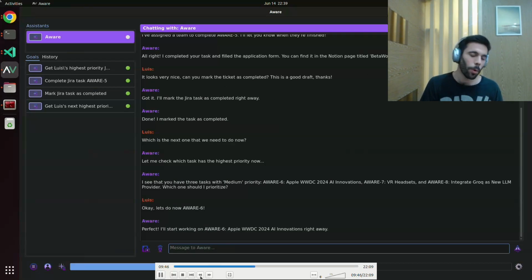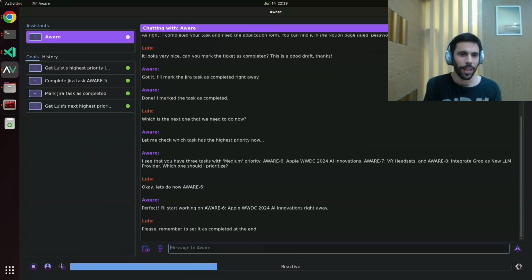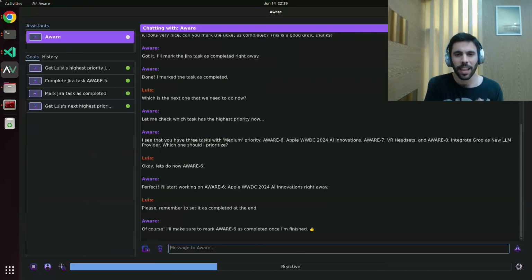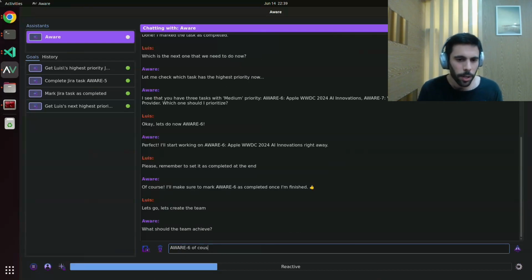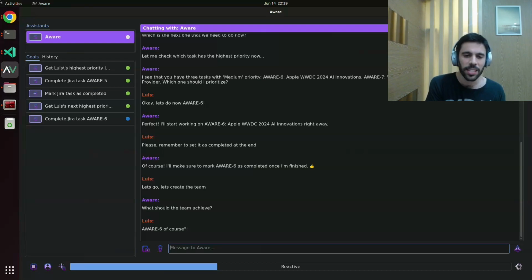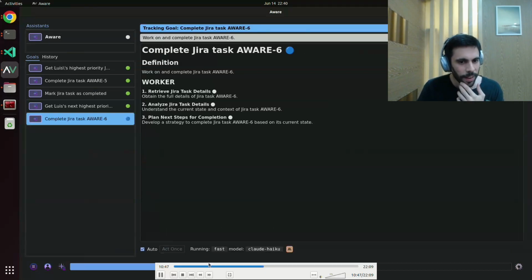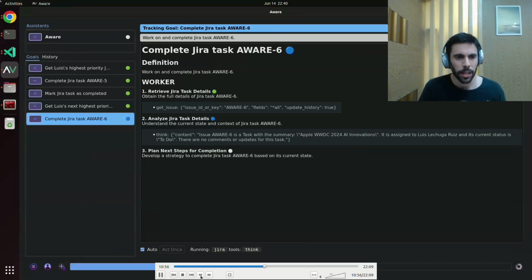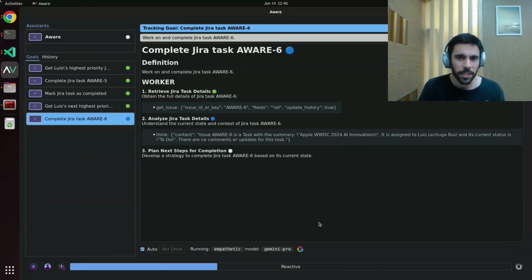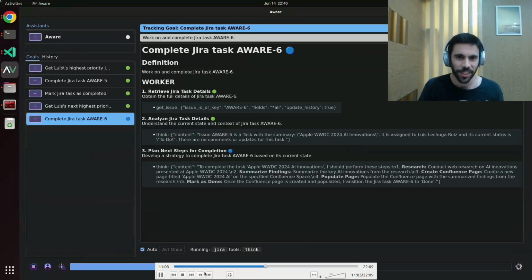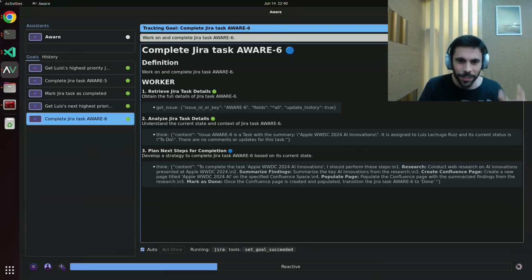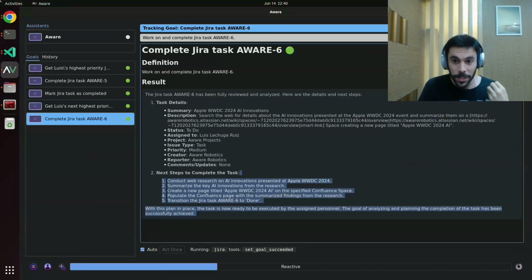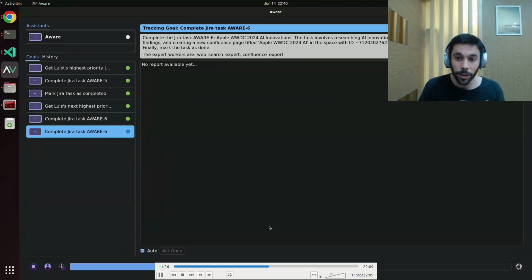Here we wanted to stop the video on the last demo until Aware 5, but something very important happened that we want to showcase: some emergent behavior. So I'm iterating here with the system, asking it to do this, and now this is the point. It tries to complete this by creating a team with only the Jira worker, which maybe is a way to do this. The Jira worker tried to figure it out, and it returns the description, which was not discovered before,